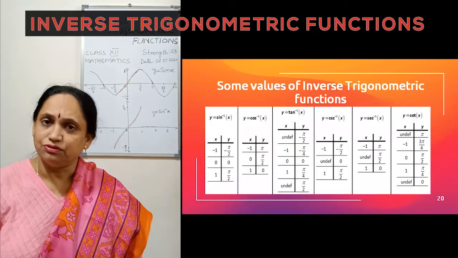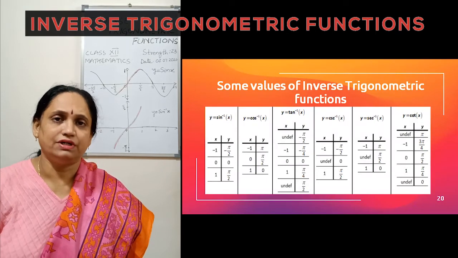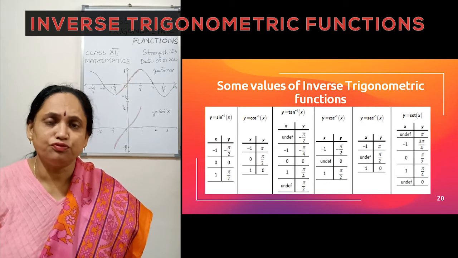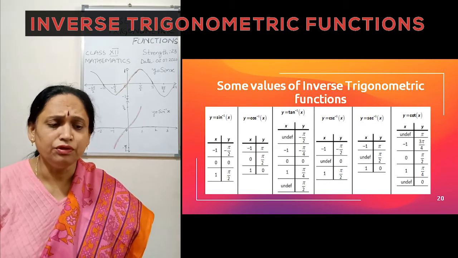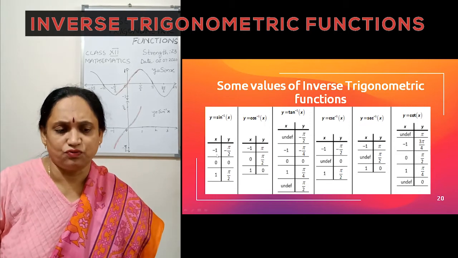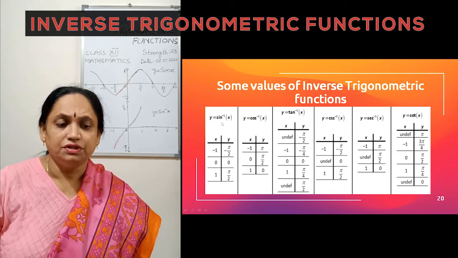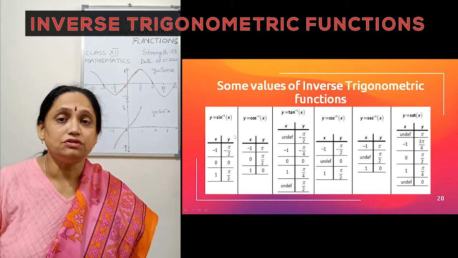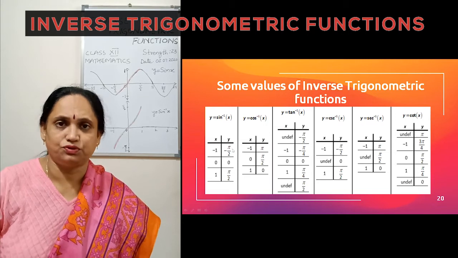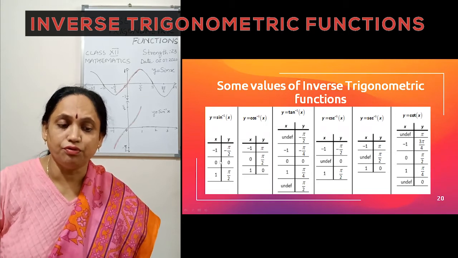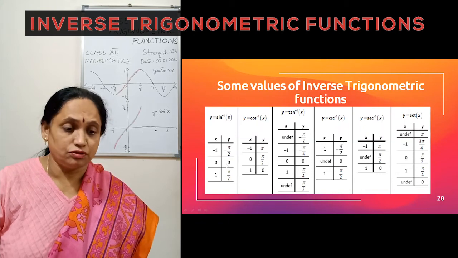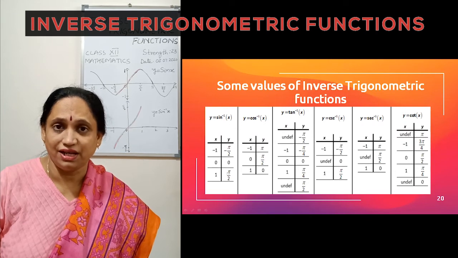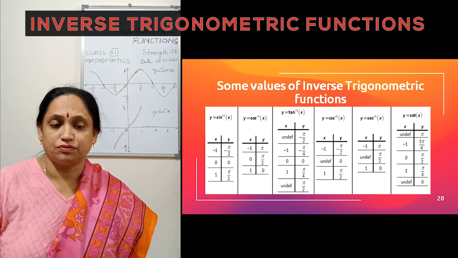But let us calculate a few values of sine inverse, cos inverse, tan inverse, all these functions. So this particular slide helps you to find some basic values. You can see here, when x is -1 for a sine inverse function, y is sine inverse of x. So sine inverse of -1 is equal to minus pi by 2. Similarly, sine inverse of 0 is equal to 0. Sine inverse of 1 is pi by 2. It's very easy. You can see here they are all direct values, which we had for the intervals also.